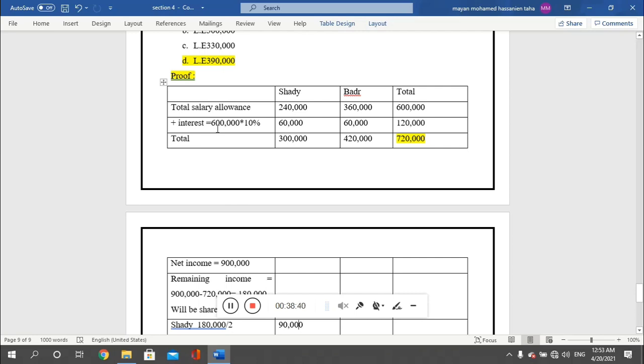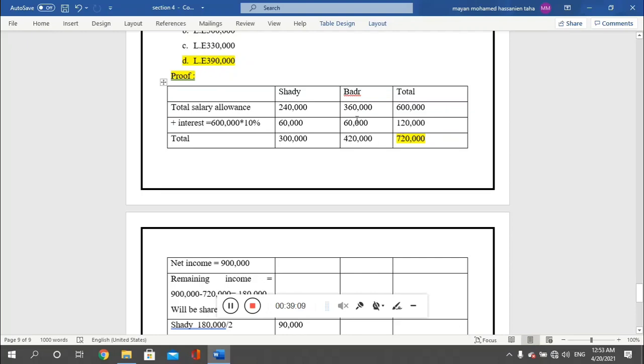The beginning balance was $600,000. So 600 multiplied by 10%, so each partner will have an interest of 60,000 livre Egyptian. So the total amount of interest will be $120,000. So the total salary allowance and interest for Shadi will be 300,000 livre Egyptian, and for Badr will be